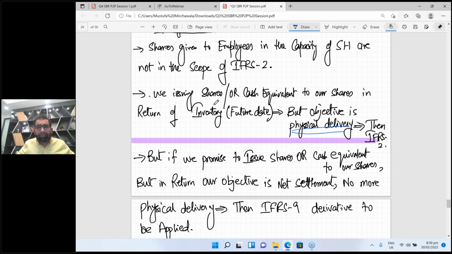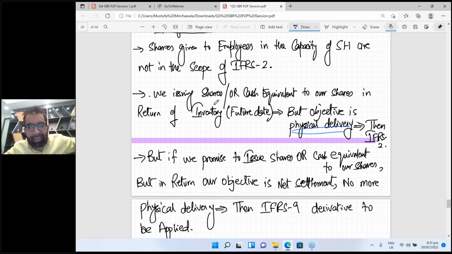Okay, so the first case is the normal ordinary course of business, because I'm the businessman of sugar. Sugar is my inventory. So yes, if I settle this deal and I take the physical delivery and I sell my products in the ordinary course of business, then this is a normal thing. Your intention is physical delivery, your intention is proper business.